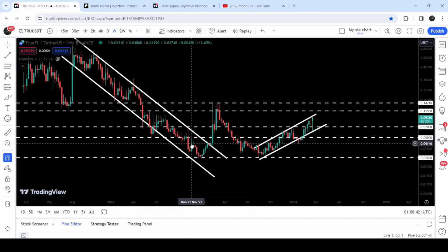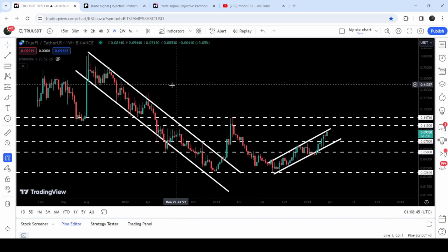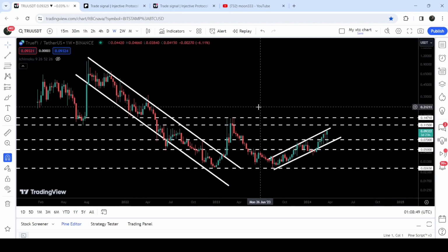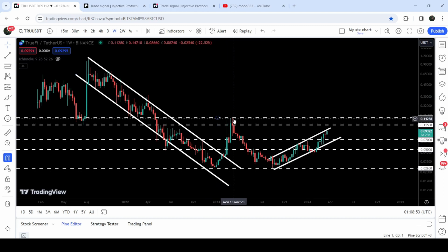And when it was moving inside this channel in those days, I've been telling you that once it will be able to break it out, then we can expect a very massive pump and a quite long-term rally to the upside. You can see that we had a quite nice pump that was almost 440% pump, but the price then could not continue its rally to the upside due to this very strong resistance